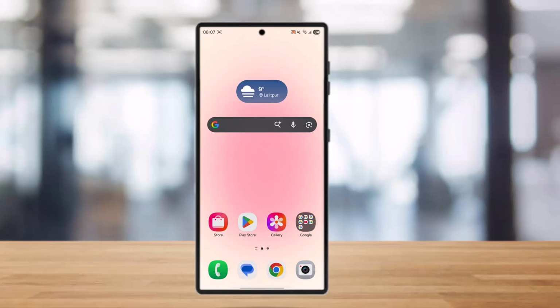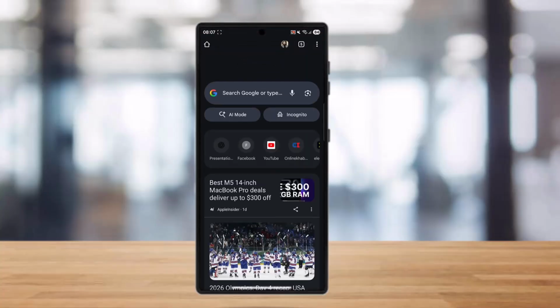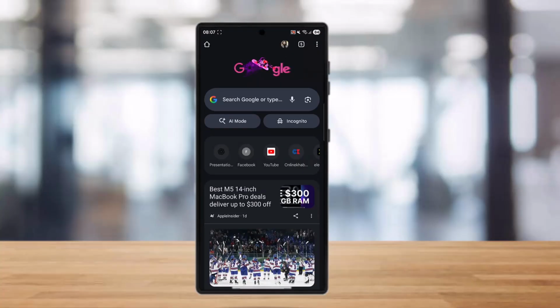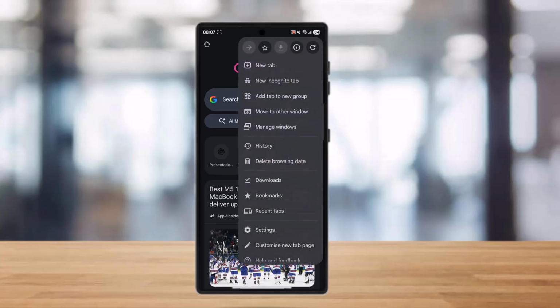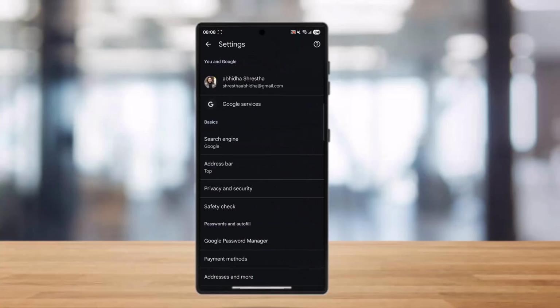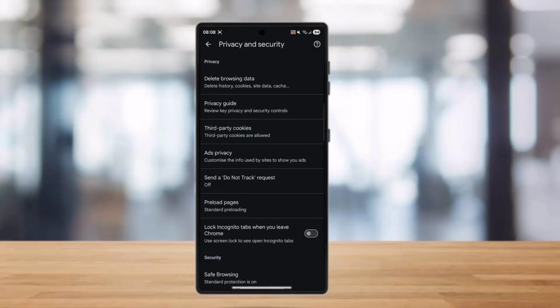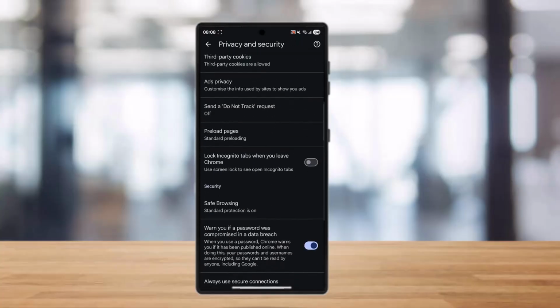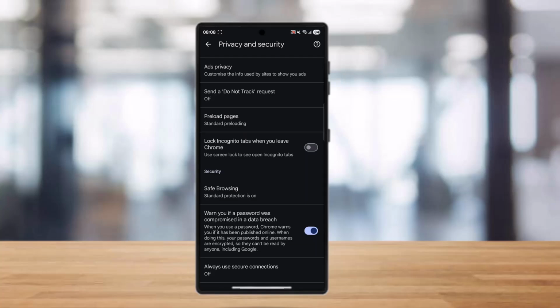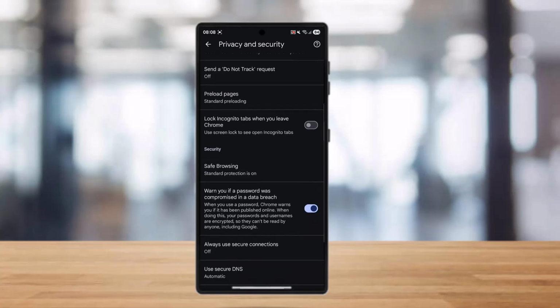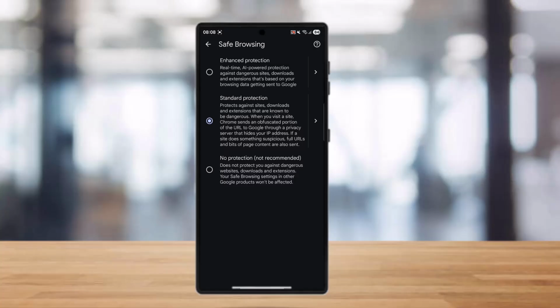So if you want to protect your Chrome from malware, you need to be aware that you should protect it by enabling your enhanced safe browsing. You can simply do it by tapping on the three dots on the top right hand corner, going to the settings and then scrolling down to privacy and security. Once you're in your privacy and security, you can simply find the security section. Right over there, you can find the option called safe browsing. Simply tap on it and now you can simply enhance and protect your Chrome from malware by tapping on enhanced